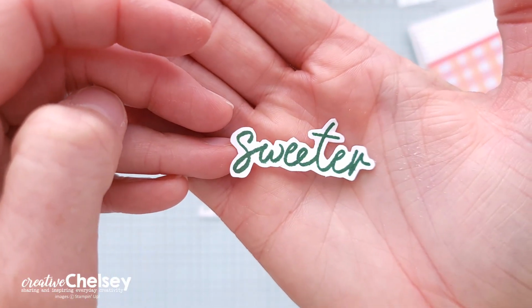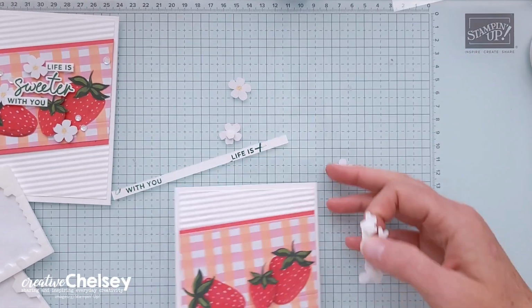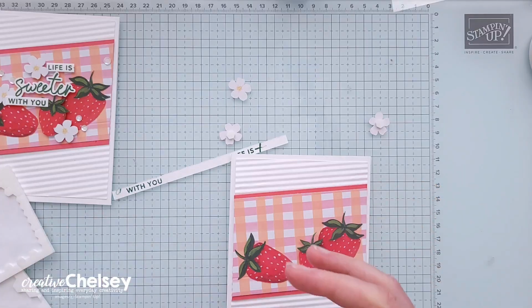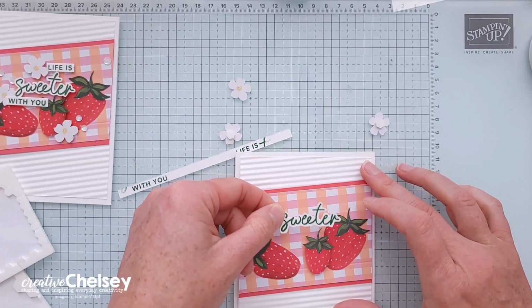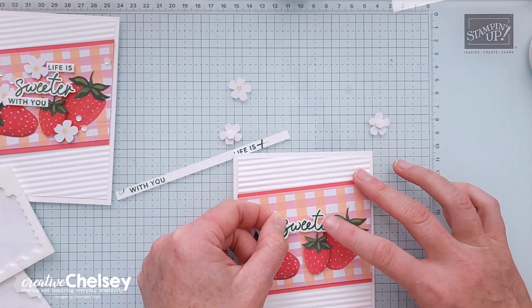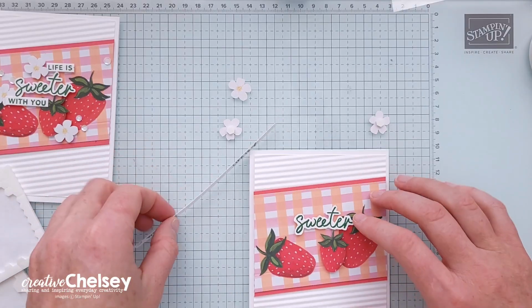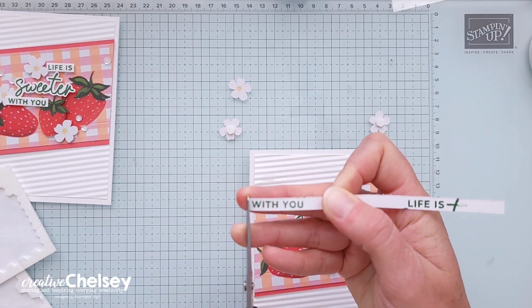Okay, so I've got that done. I have added some dimensionals to the back. Let's go ahead and add the greeting to our card. I'm going to start with Sweeter. The key here is to add it so it's straight on the card, not straight with the angle. So that can be a little bit difficult. So just try to do that. So I've got Sweeter first, and then we're going to go ahead and cut off the sides